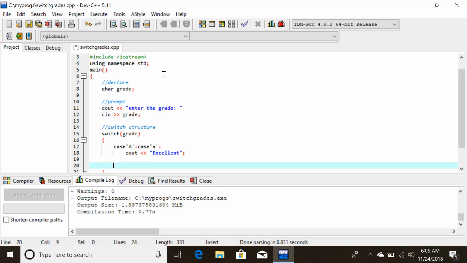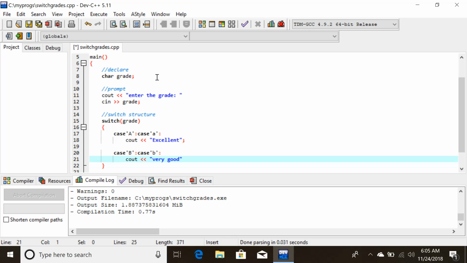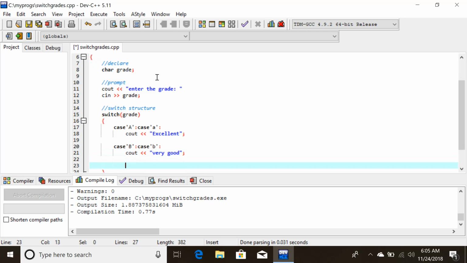Now I'll come back again, and this is for the next statement. If case is B or case is small b, in both of these cases output the result to be very good. Okay, after that, for case C